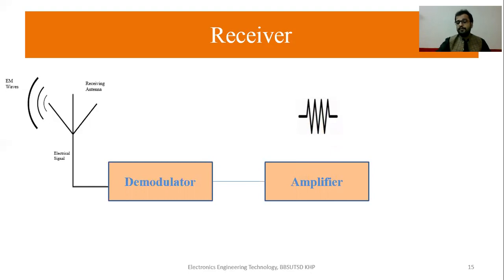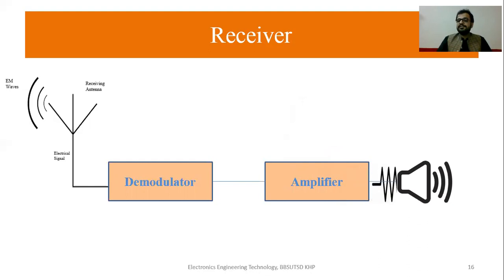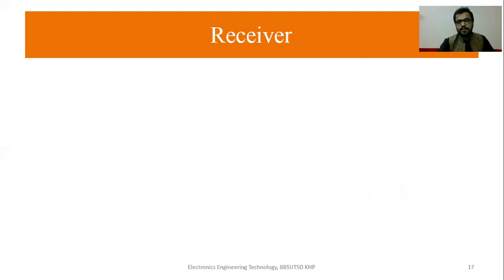After that we have the signal at the receiving side. At the transmitter side we have a mic through which we convert our voice into an electrical signal. Now at the receiver we convert it back into the same voice, which is received at the loudspeaker. So now with this amplified signal we can easily hear the sound or voice transmitted by the message source.